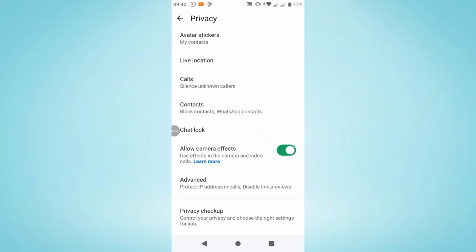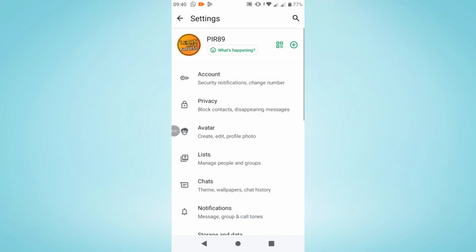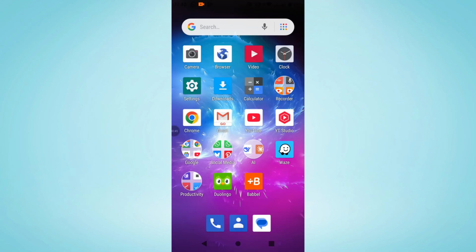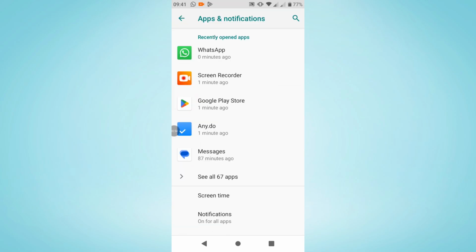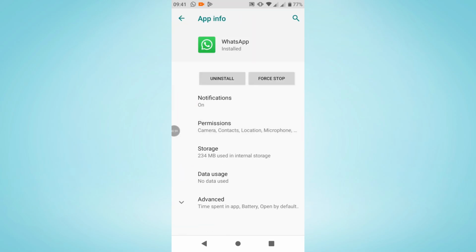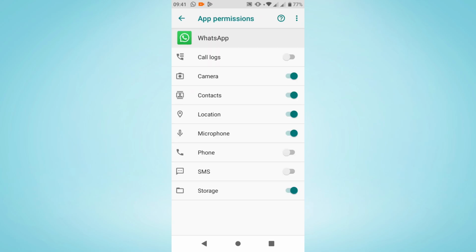However guys, if that hasn't fixed the issue, you may also do the following. Close the WhatsApp application, navigate to your phone settings and tap on apps and notifications. Select WhatsApp, and what you want to do next is tap on permissions here and check if your phone camera has given WhatsApp the permission to use it. If that's not the case, simply enable camera here. So from now on, WhatsApp will be allowed to access your phone camera and to use also the filters option